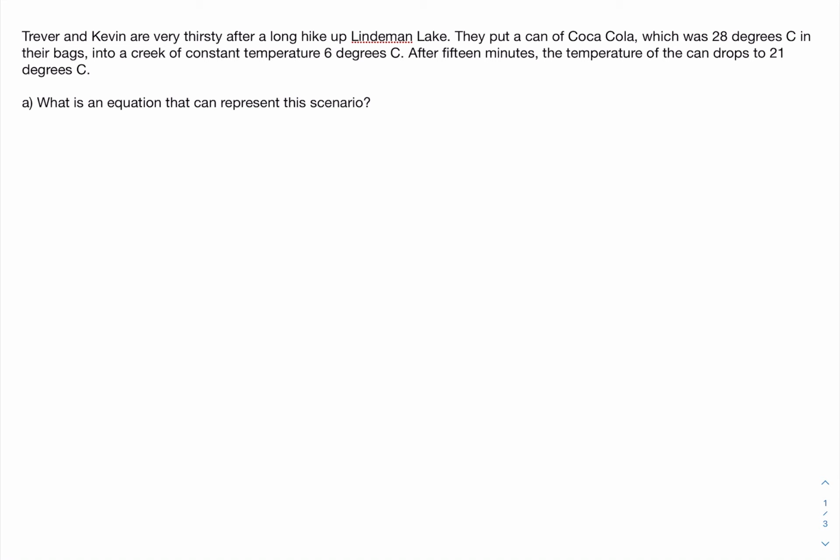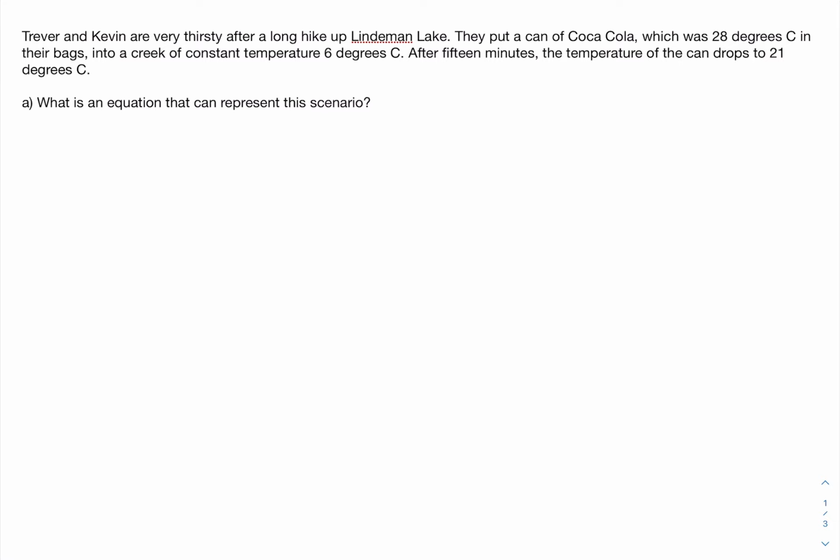After 15 minutes, the temperature of the can drops to 21 degrees C. Okay? What is an equation that can represent this scenario? Well, this is kind of a real world application, right? You're going on a hike and you want to cool off your can of soda, your reward after getting to the top. So you put it in a lake and you want to know an equation to represent how the temperature of